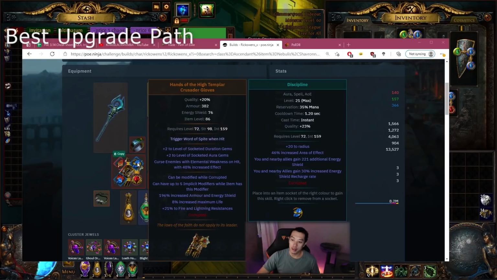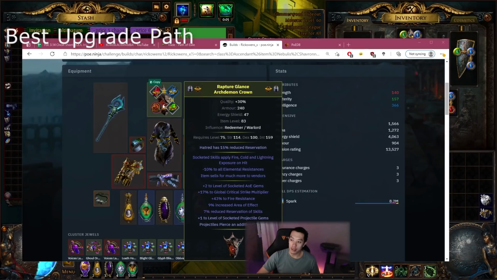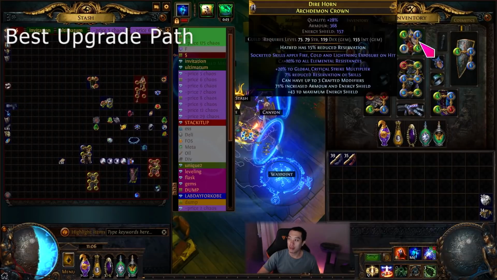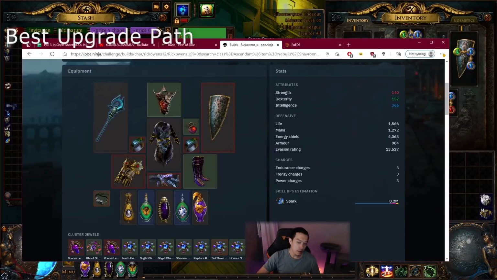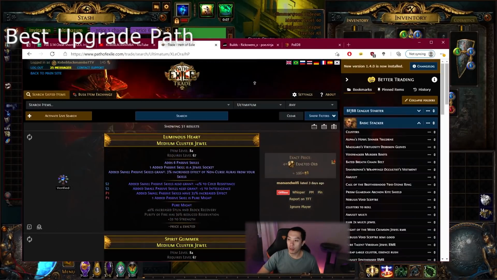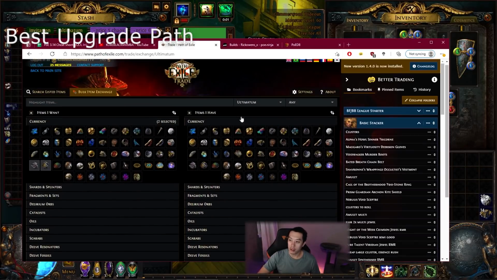Now for upgrade paths, a lot of people ask me, what should I do? What should I upgrade? The main thing I feel like people should focus on is to craft the helm. The helm will give you a good amount of energy shield, and the important thing about the helm is that if you look at the price of Awakener's Orbs right now and Maven's Orbs, let's go check it out right now. Now this might change later on when you're watching the video, but